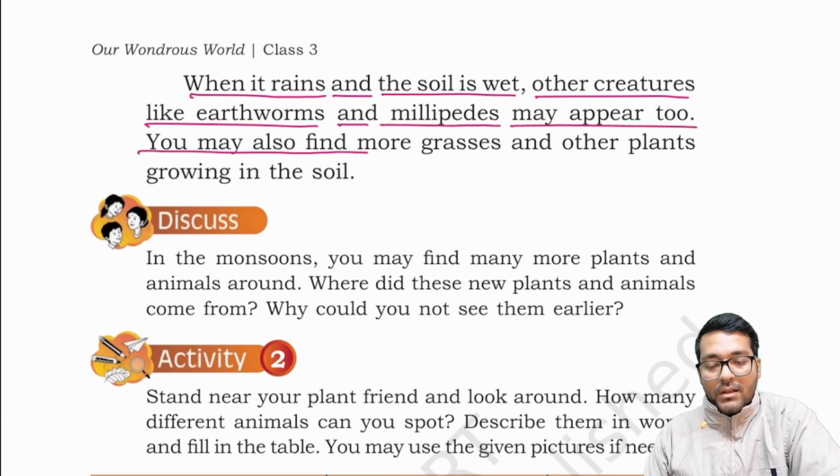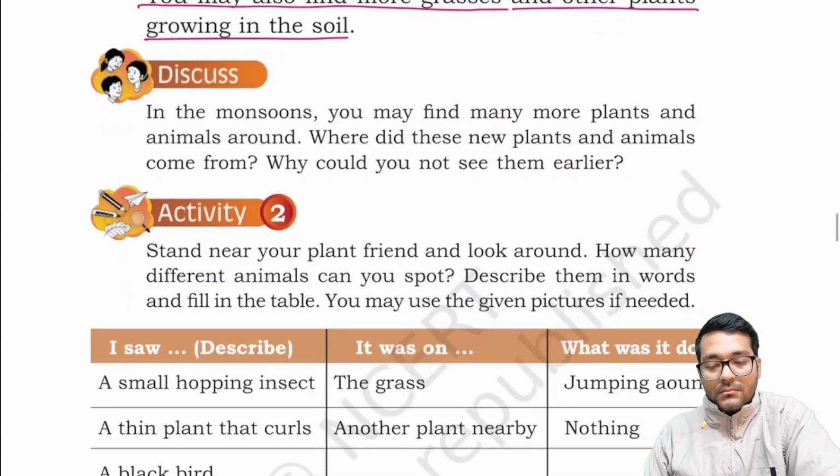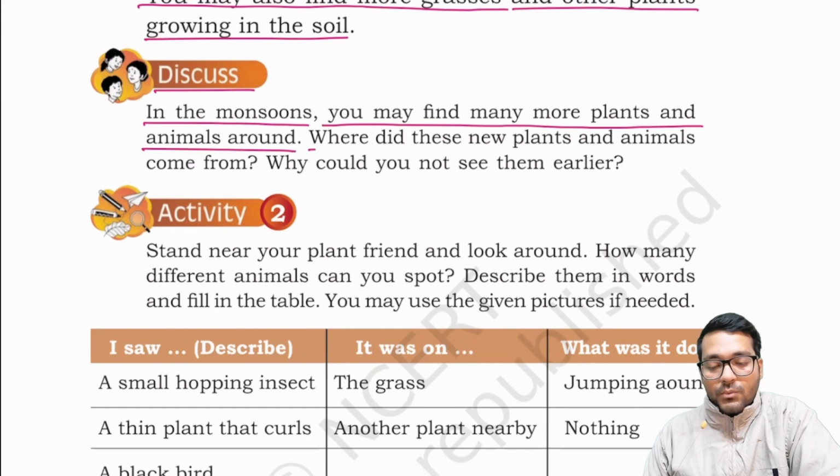You may also find more grasses and other plants growing in the soil. Discuss. In the monsoons, you may find many more plants and animals around. Where did these new plants and animals come from? Why could you not see them earlier?